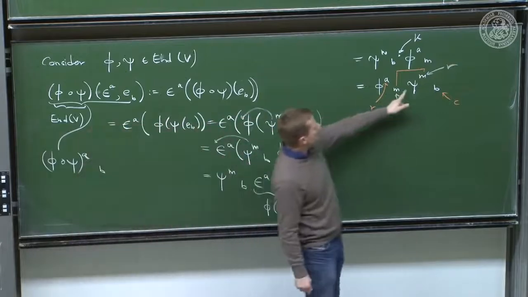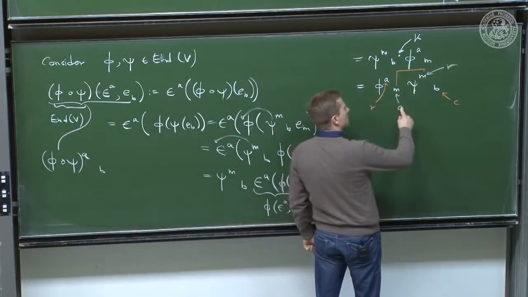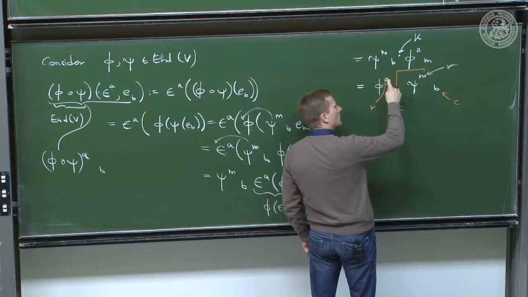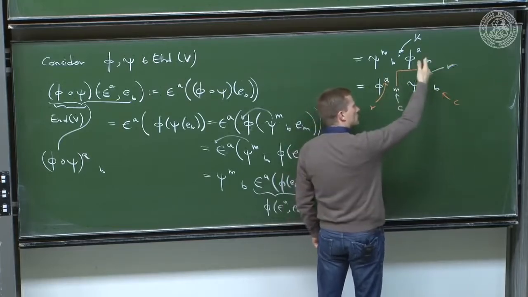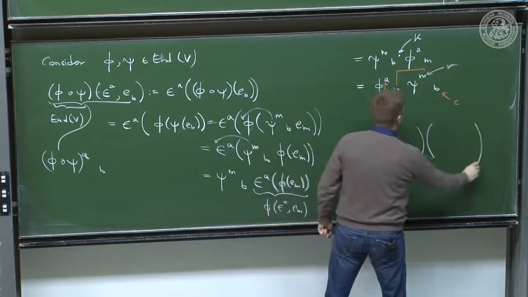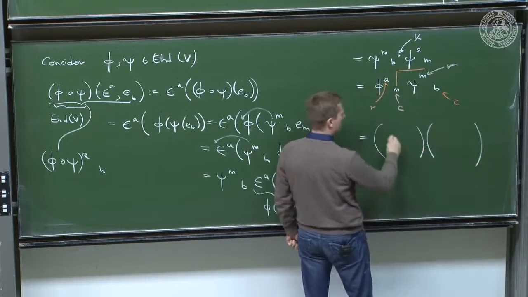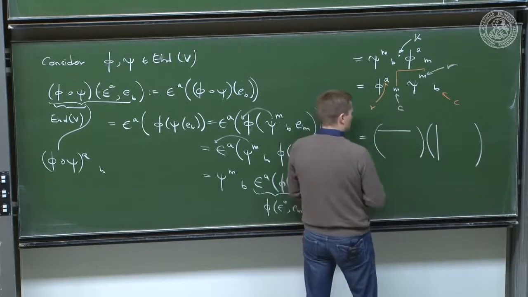Lies this number that you get this way, but then you see you run over the columns, but you fix the row. And in the second matrix, you fix the column and you run over the row, and that is the standard rule that if you have the symmetry for phi and the symmetry for psi, that you do row times column, or